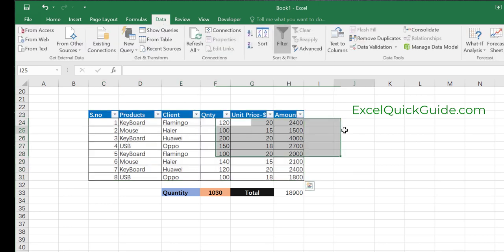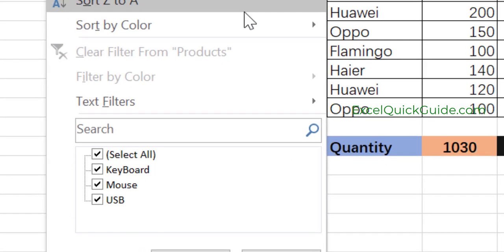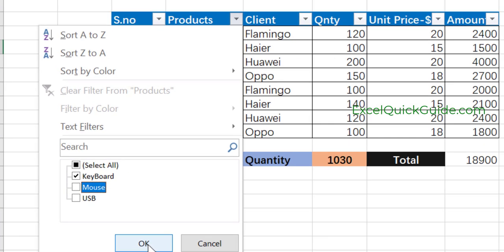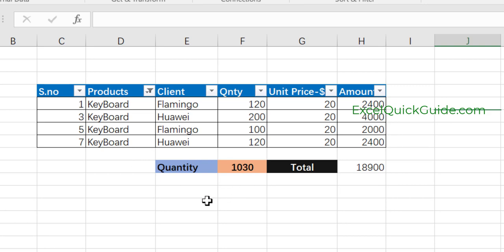So now products, you can go to the products and you can deselect everything. Just ensure keyboard is selected and you press OK. Now you can clearly see Flamingo purchased 120 keyboards, then Huawei purchased 200 keyboards, Flamingo again purchased 100 keyboards, Huawei again purchased 120 keyboards, and the unit price is listed here, and the total that is being displayed is